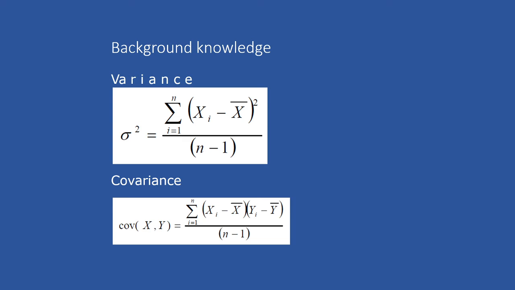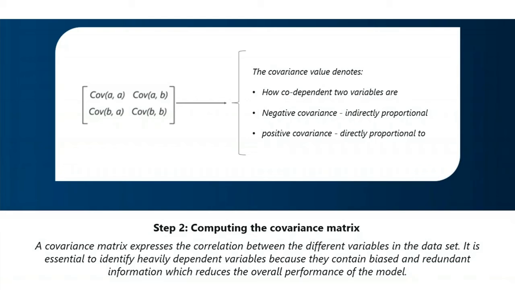So what is the formula we use to find the covariance? Covariance of x comma y is the sum from i equals 1 to n of xi minus x bar, where x bar is the mean, times yi minus y bar. I am talking about two-dimensional data, the x data and the y data. So first x minus x bar and then y minus y bar are multiplied and divided by n minus 1. This is the formula through which we calculate the covariance matrix.